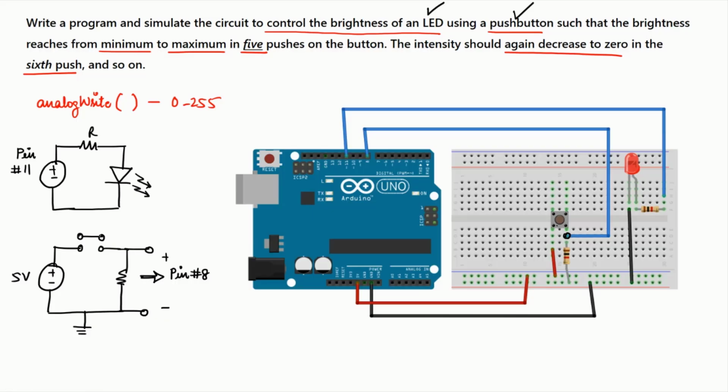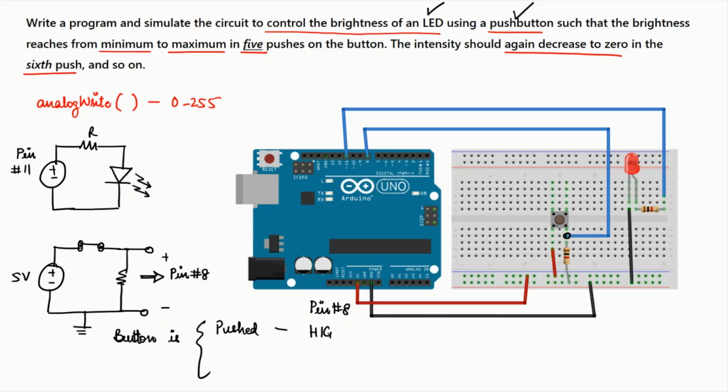What this tells us is that whenever the button is pushed, that means it's in a state like this, the circuit will be complete, and that time pin number 8 will get a digital value high, because this whole 5 volt is going to come across this resistor. And if I was reading digital values, it would say it's a digital level high. That means when the button is pushed,